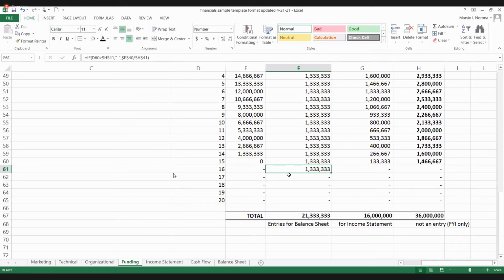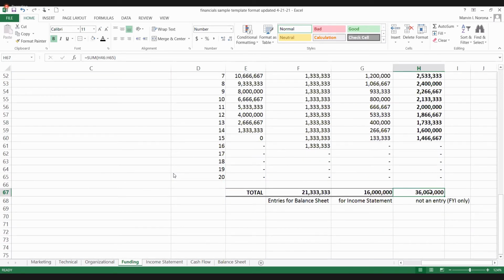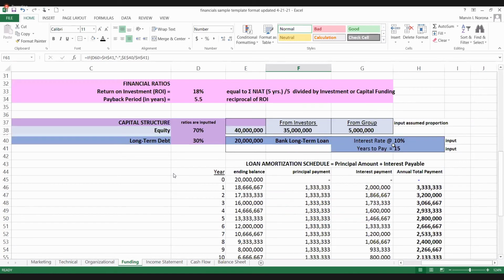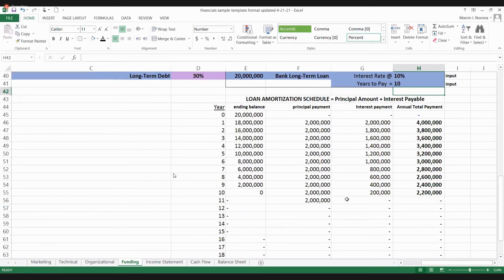Anyway. Ma-check naman niyo kung tama. Kasi 20 million lang inutang, hindi dapat 21,333. Dapat 21 million lang. Pero the addition is right. Dito ba? 16 plus 20 is 36. Bakit kaya hindi gumana ito? Pwede rin 10 years to pay. Titingnan ko lang yung formula kung gumagana. 10 years to pay. Meron lumalabas.